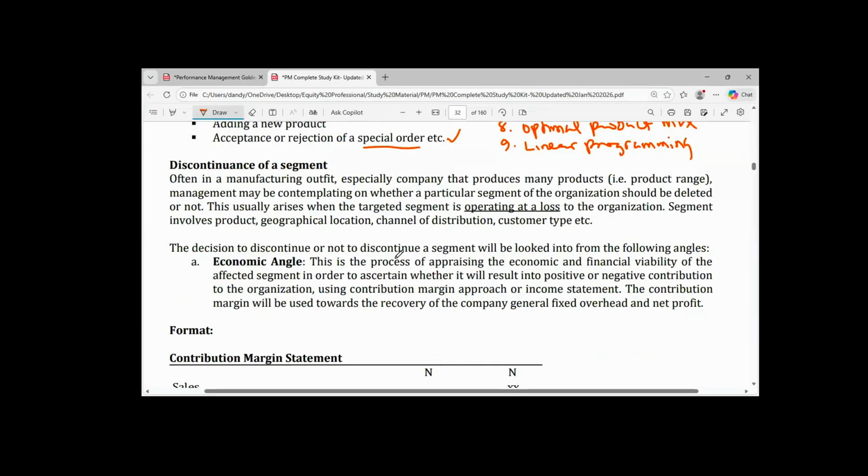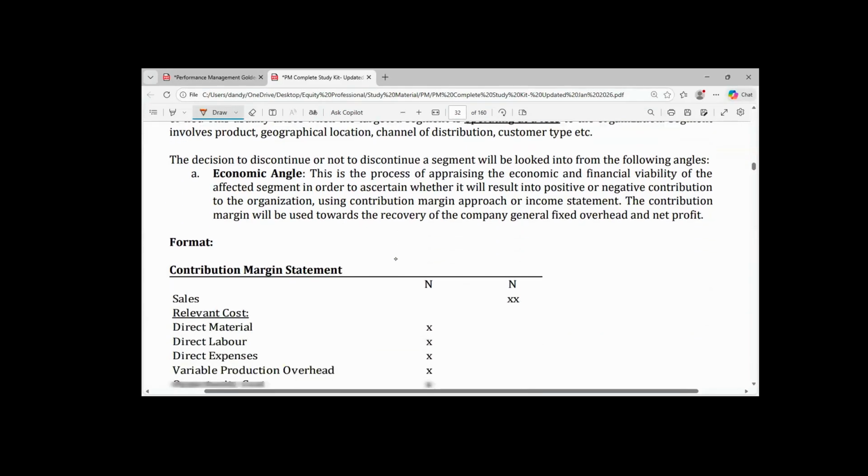What do you mean by deleting of a segment? Before we begin to talk about it, let me just give you a snapshot of what deleting of a segment is all about. You see, oftentimes a product or a segment of the organization may be operating at a loss. Let's say, for example, a company produces product A, B, and then C. The profit for the year for each of the products, the performance of each product